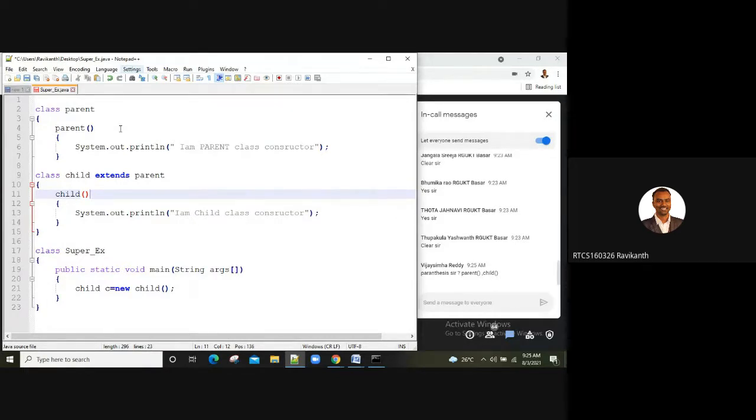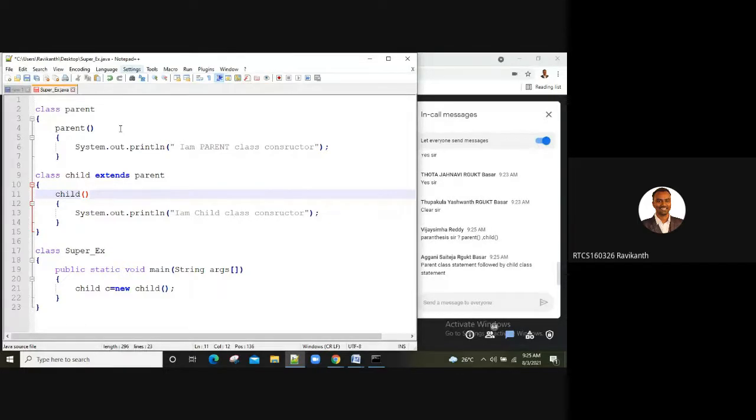So what output you're expecting? Yes, guys. Come on. What output are you expecting?